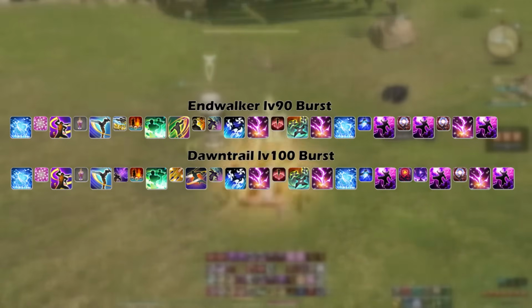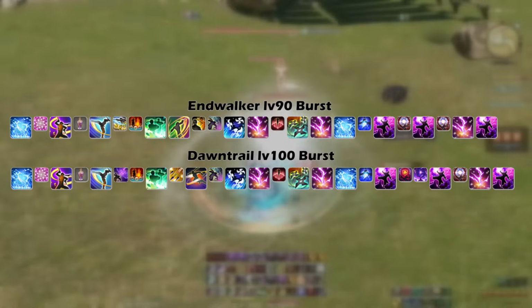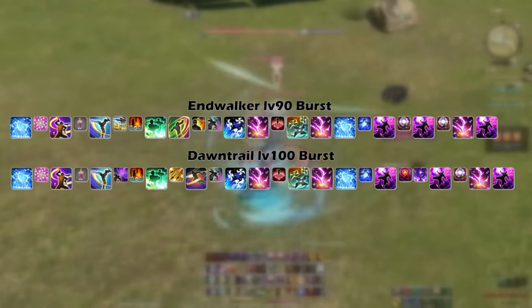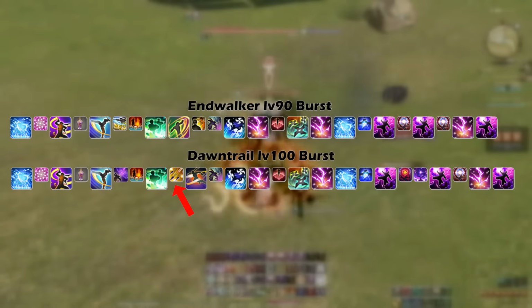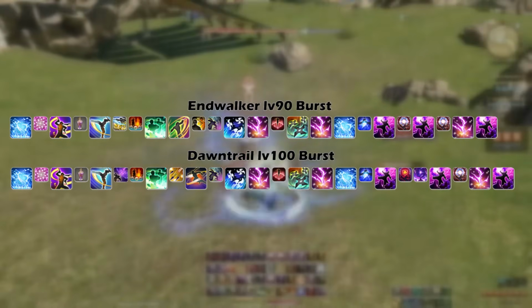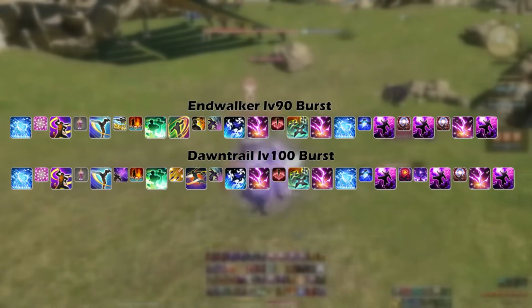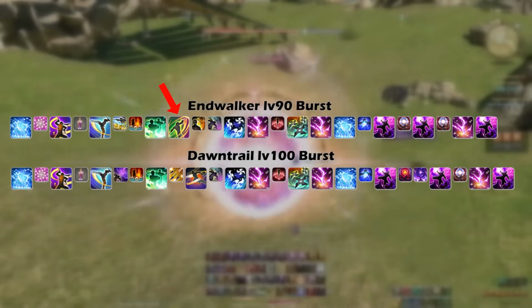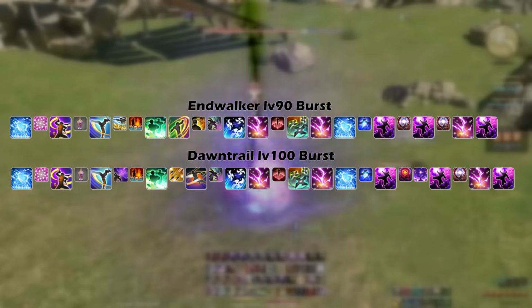If we have a look at the Ninja openers now between Endwalker level 90 and Dawntrail level 100, the first thing we can see is Kunai's Bane. The replacement for Trick Attack can be pushed back 1 GCD. If you use it as a late weave, you should still be able to get the final Raiton inside of it. Instead of using Aeolian Edge, we now use Armor Crush, and then from then it is identical to beforehand